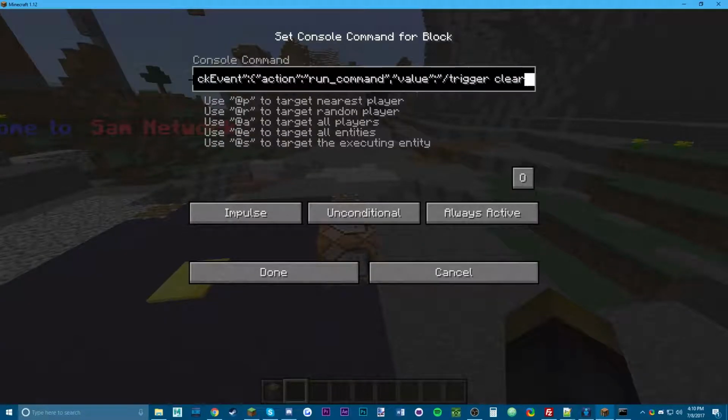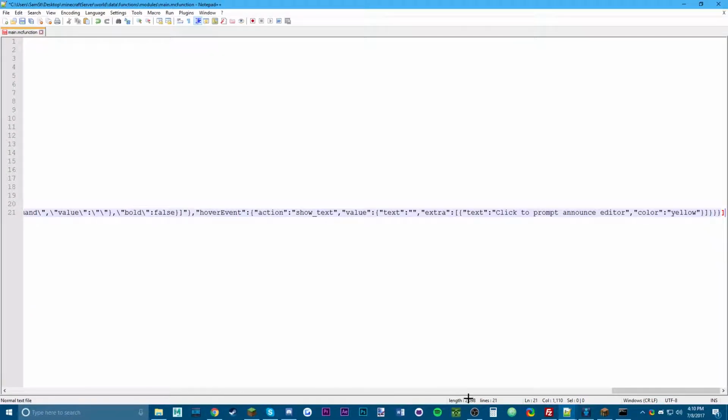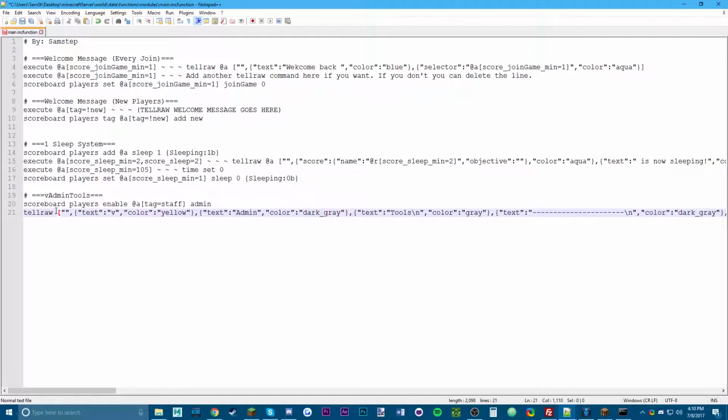Now what I want you to do is, if you're copying it from the Minecraft JSON generator, don't copy the @p, don't copy the selector, just copy everything before that. And there we go, copy, and then paste, and then we're gonna go back, and then we're gonna add @a[tag=staff], so that only staff see it, and then score_admin